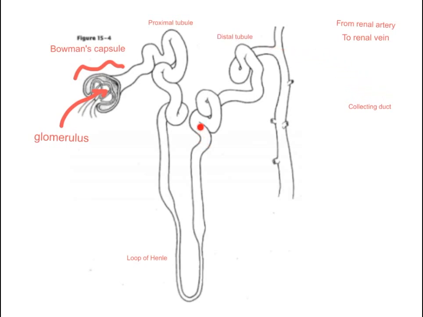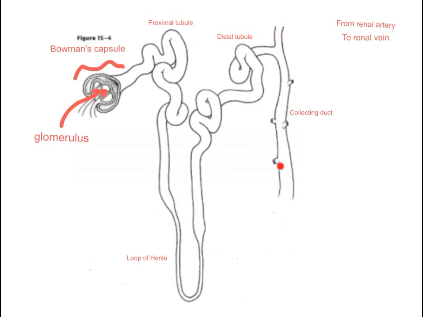And snakes up through here from the ascending limb to the distal tubule, and eventually it goes out to this thing called the collecting duct. And you can kind of see the collecting duct here has these other sort of branches, and those are to indicate where other nephrons are emptying out into. So this collecting duct here is connected to a bunch of other nephrons that will eventually take this filtrate from